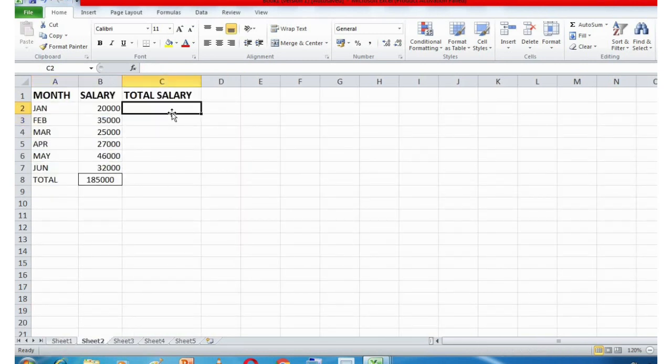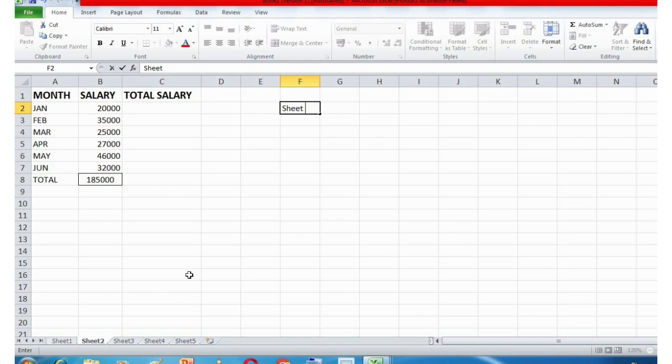How to use data from another sheet using sheet reference? We are going to use the sheet number, sheet 1, this is sheet 2.